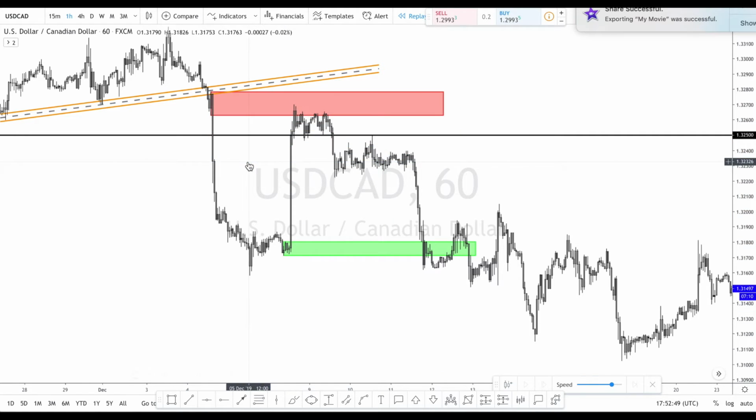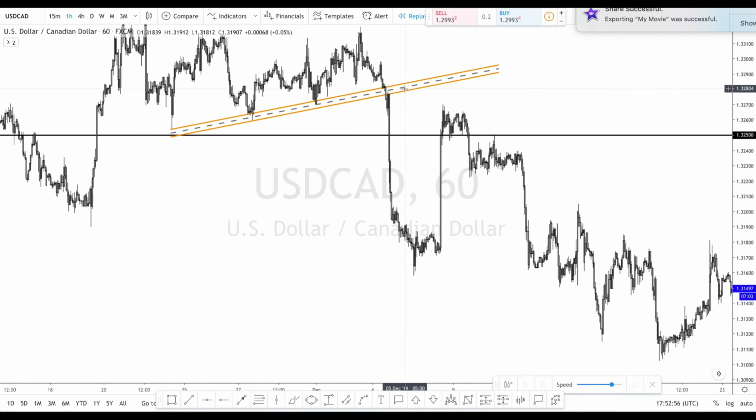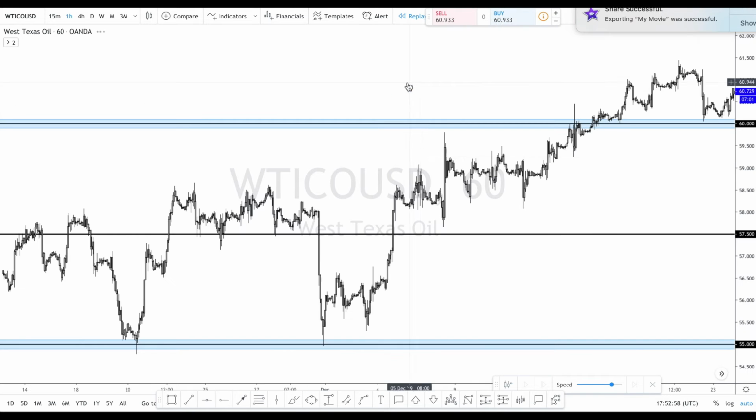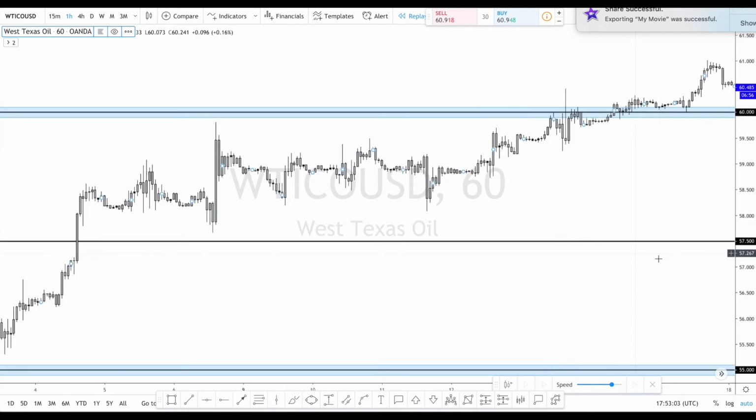So when you do see the supply zones, for me, if I'm on a bearish pair, all I'm looking for is supply zones. I'm not looking for demand zones. The majority of the market's been going down this year. That's why there's not really much. But even for example here, this is a great example on